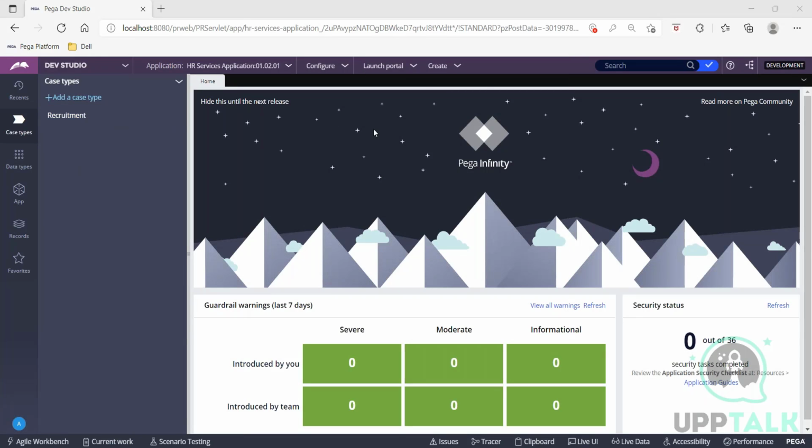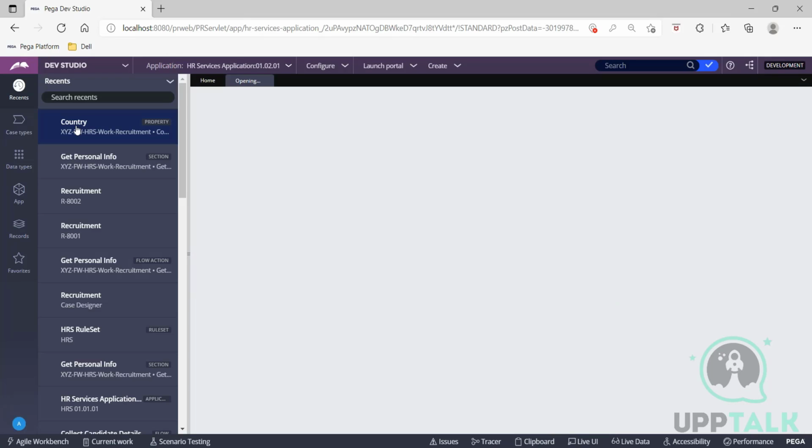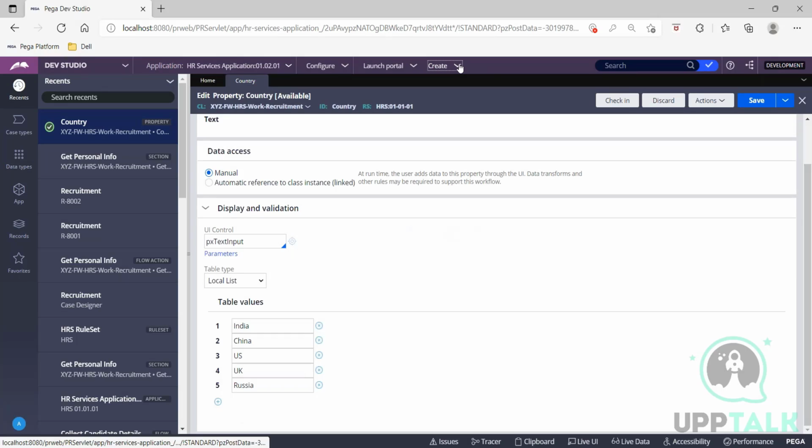Okay, so if you remember yesterday, we created a property called country and we assigned it a local list initially. Okay? So all the options that you have mentioned are available on the top. So it is something like this, where we define the local list and once you run your transaction,